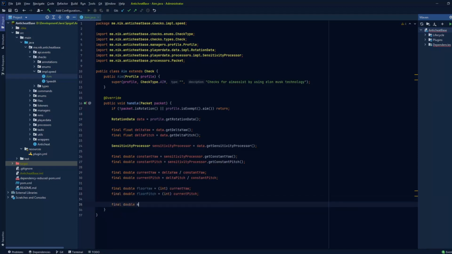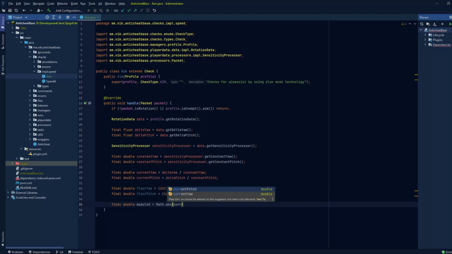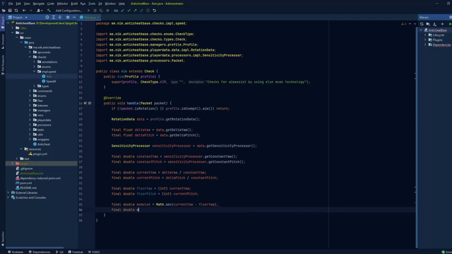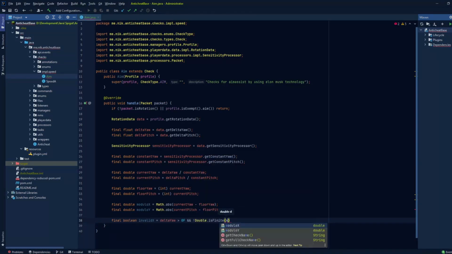Now let's get the modulo x again: current yaw minus floor yaw. And we're going to do the same for the y value: current pitch minus floor pitch. And basically, like we did before, delta yaw is greater than 0, and again, is not finite, which means it's either NaN or infinite,